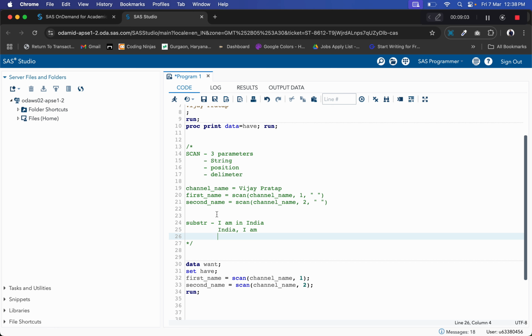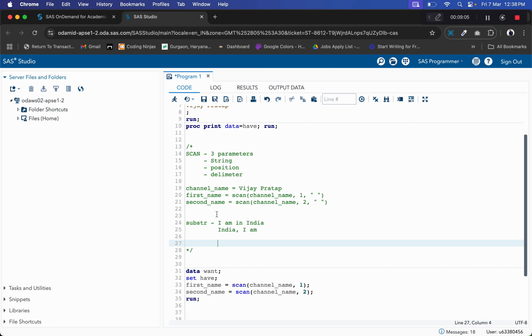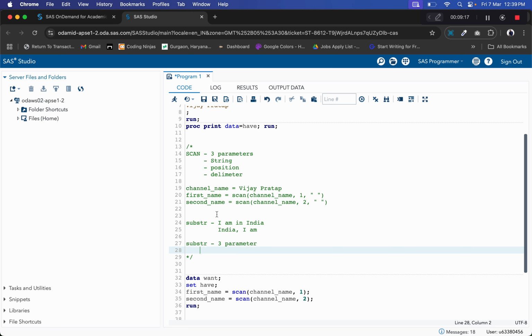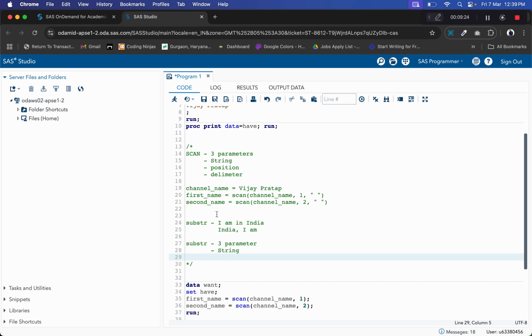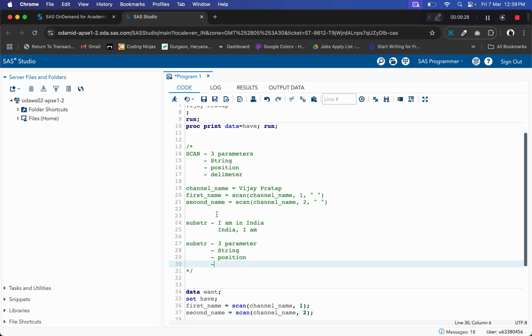Similar to the scan function, substring basically takes three parameters. I am writing here, substring, 3 parameters. The first parameter is the string itself. The second parameter is position, and the third parameter is length. Let me explain.